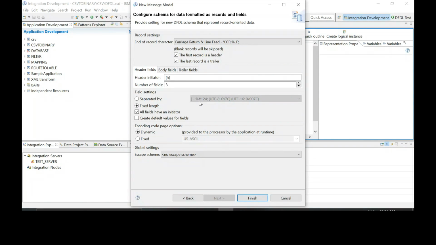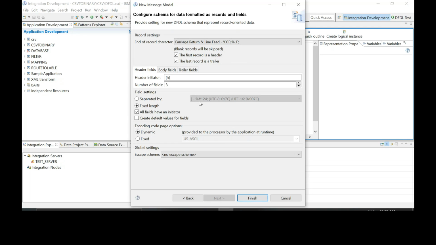Click on this body. What this fixed length means, why we have chosen this fixed length: the input that you are trying to parse is a CSV file, which means multiple columns are separated by a comma. Each column could be of any length, three characters, five characters, it doesn't matter. As long as they are separated by comma, it is a valid structure.